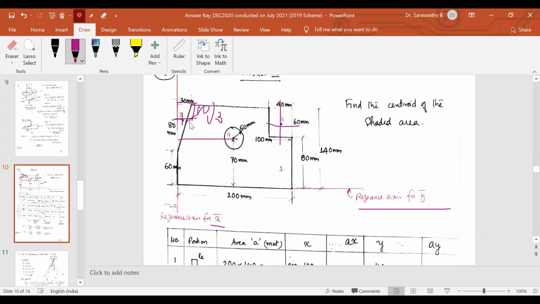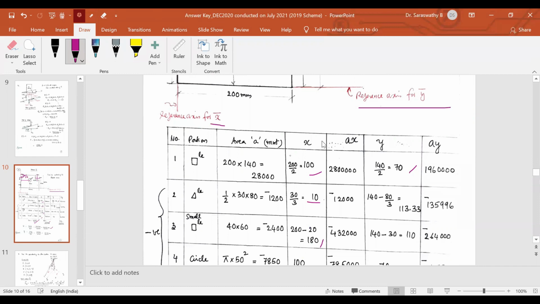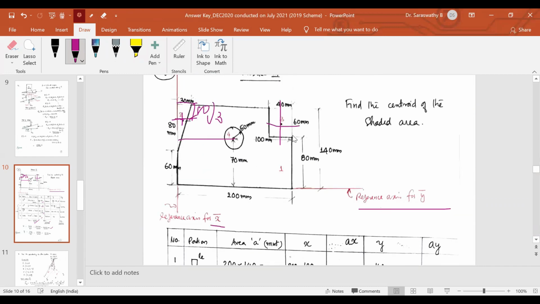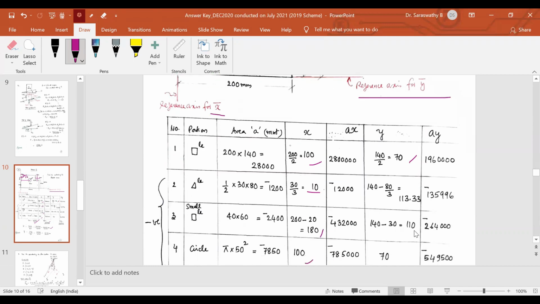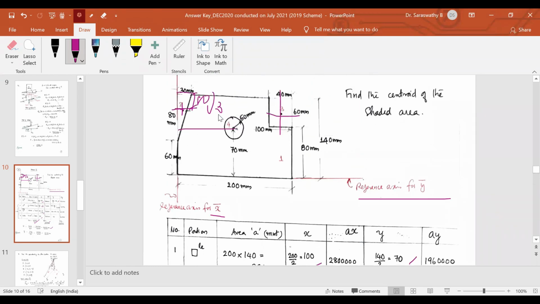So the remaining distance will be 140 minus 80 by 3. For this rectangle, from here, it is 30 millimeter, 60 by 2. This is 30. So 140 minus 30. For this circle,